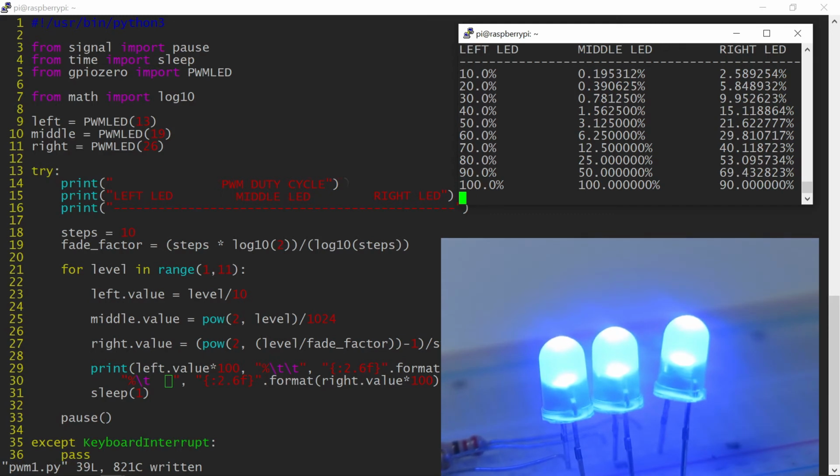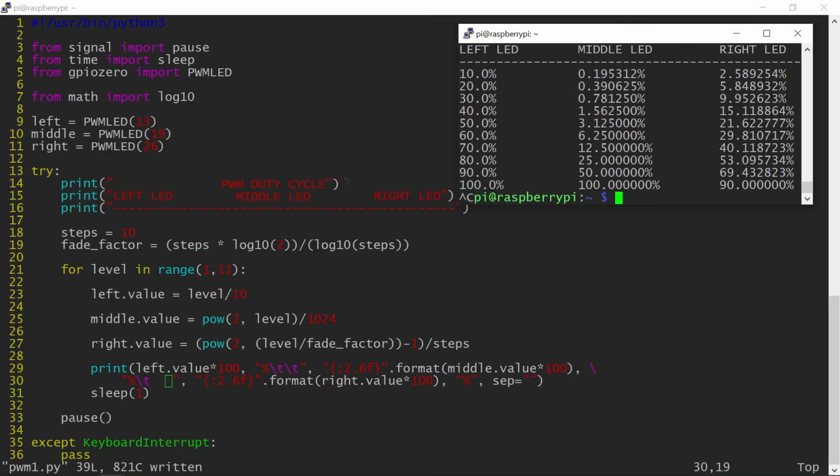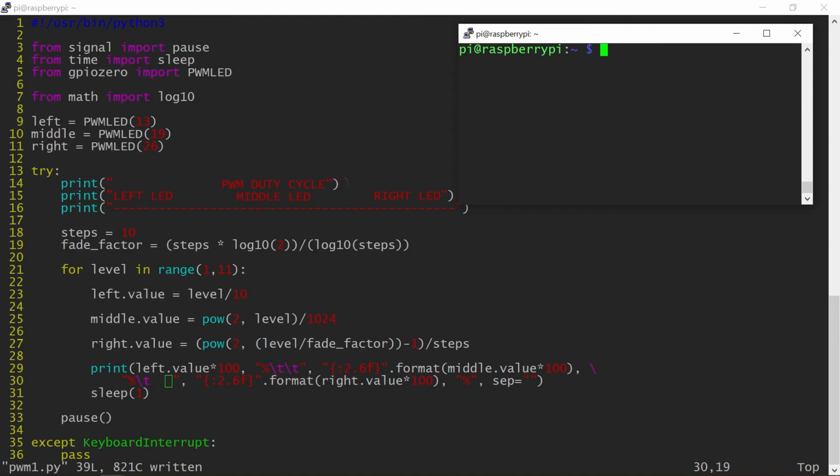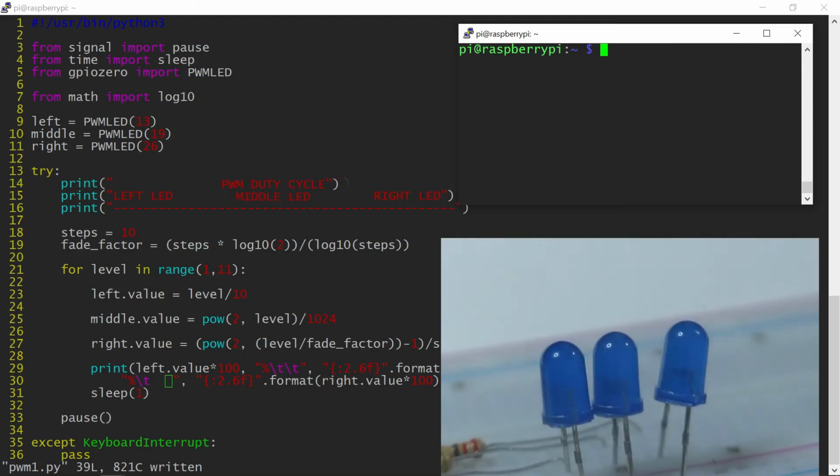That looks much better. Let me do this again. Pay close attention to how the middle and right LED differs. Notice that the last formula provides the best results across the entire range of 10 steps.